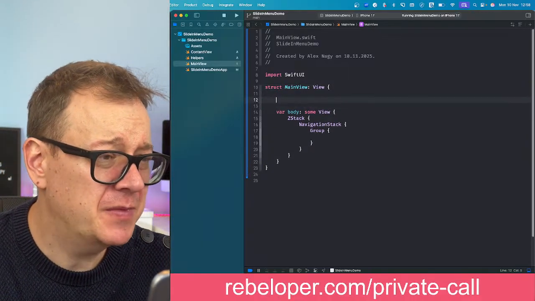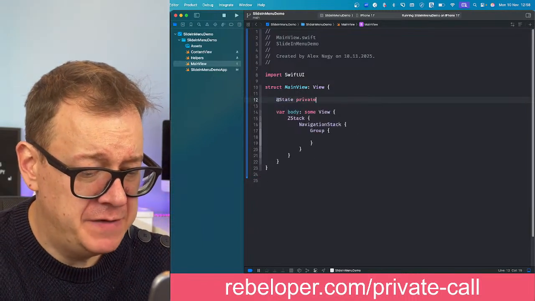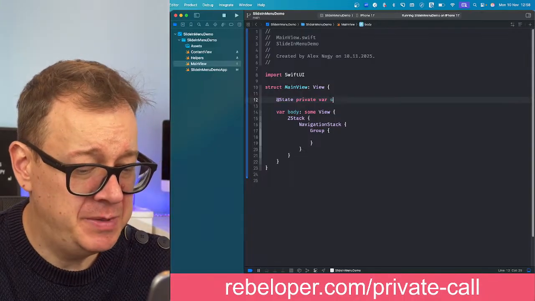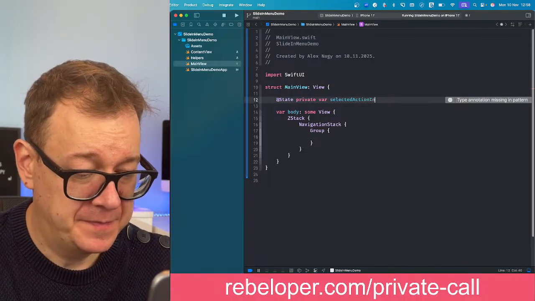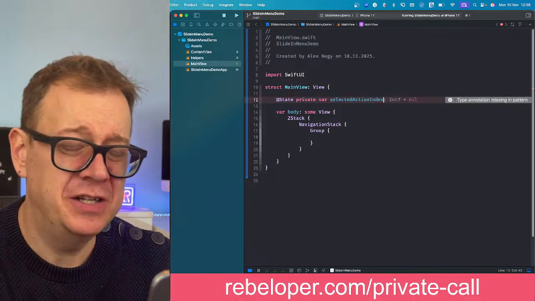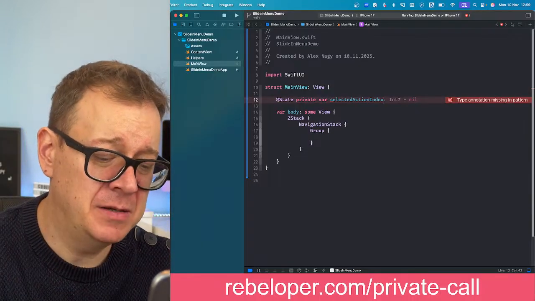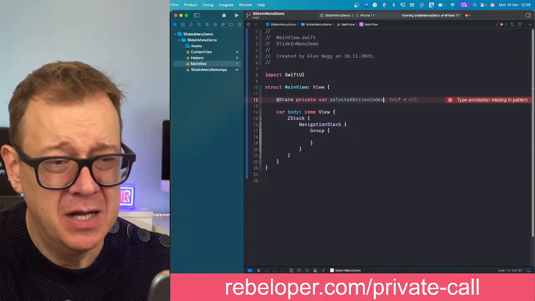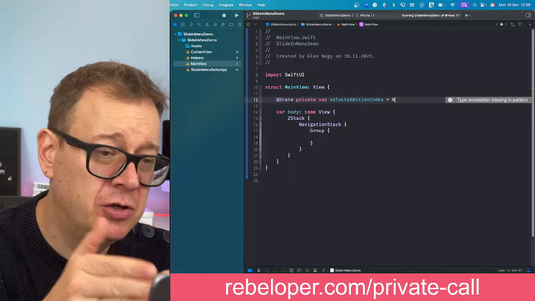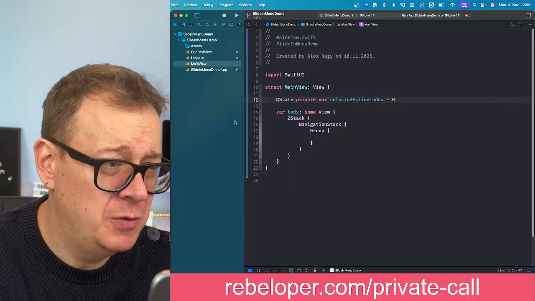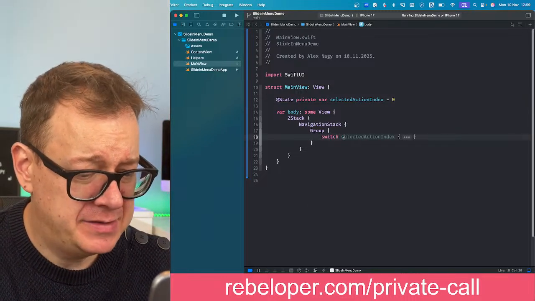So what I'm going to do is just add a state variable. So @State private var, and that is going to be selectedActionIndex. I'm calling it selectedActionIndex because I just used the action index as the property in the slide-in menu, but you could call it anything that you want. And by default, let's set it to 0. So we're going with whatever we add into the group for the switch statement on the 0. So let's do that. Switch on the